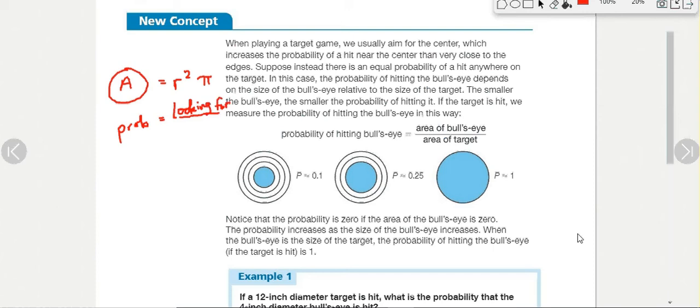Well, we'd put how many blue marbles are on top. How about the bottom? I guess I'll just summarize it with the word total. We'd put every color included there, the count of all the marbles no matter what color. Now, we're going to use areas in this ratio to tell things like the probability of hitting the bullseye on